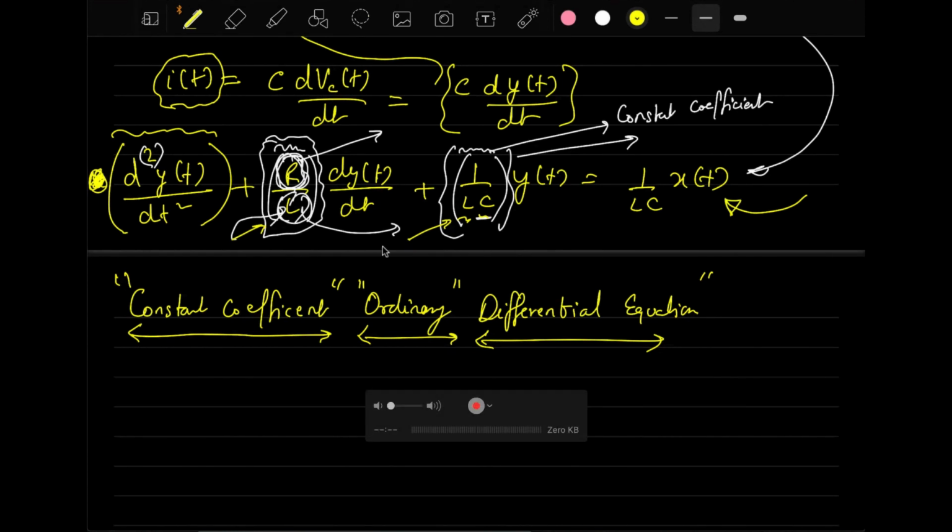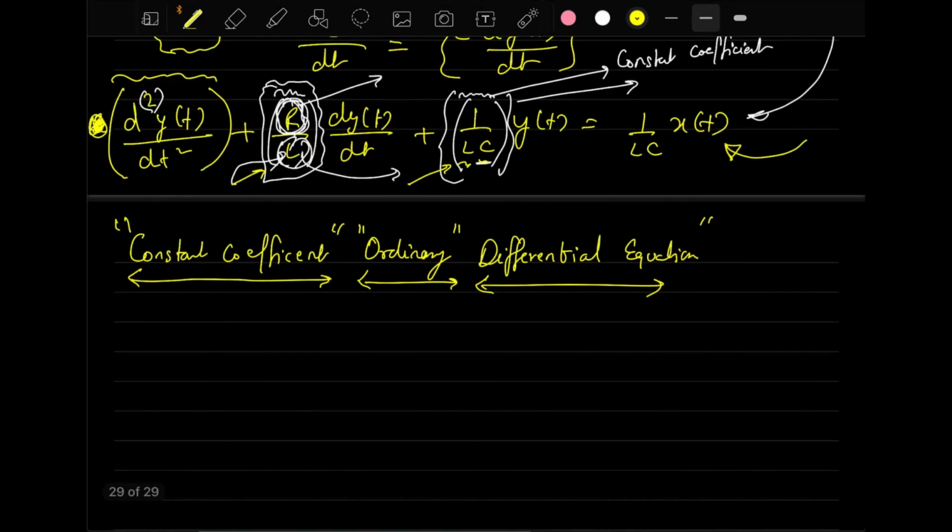Now once we have this, we will write the general expression for these differential equations. We have studied three different differential equations for three different circuits. So let us write a general differential equation which encompasses all these differential equations into a single differential equation. So the general differential equation can be represented as